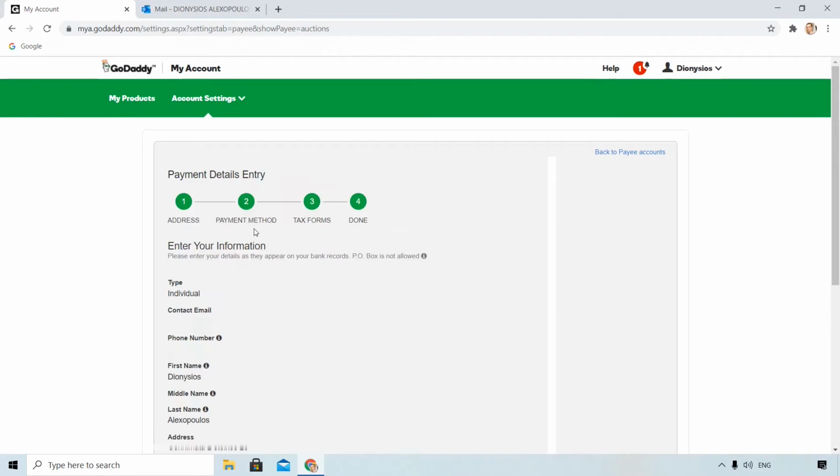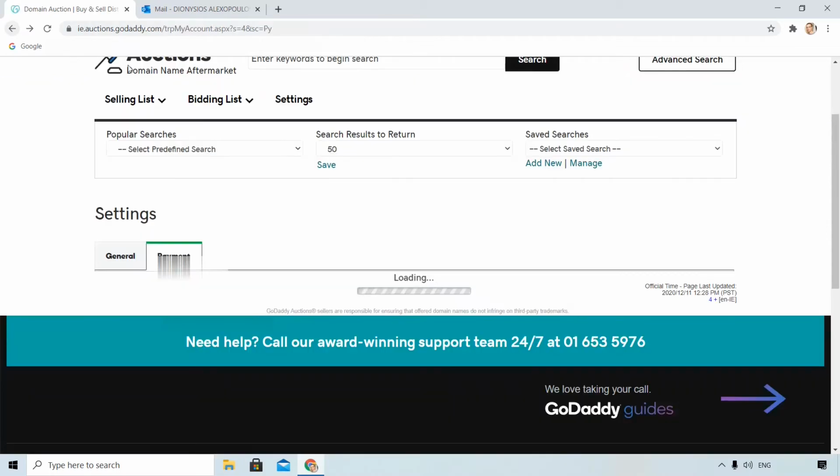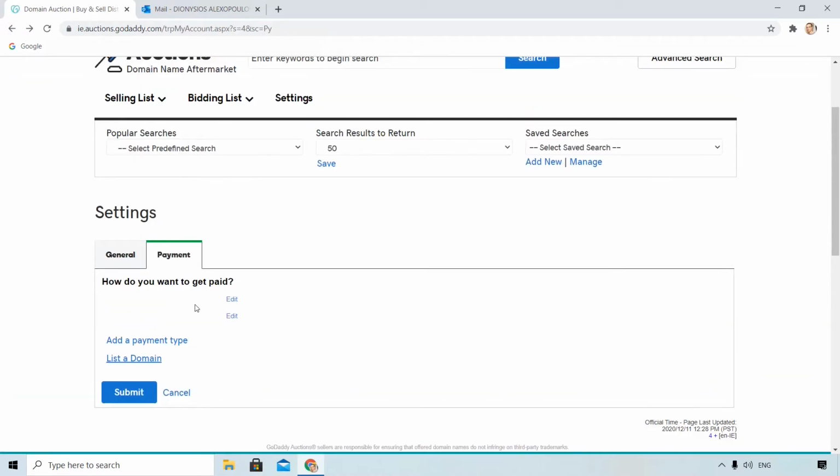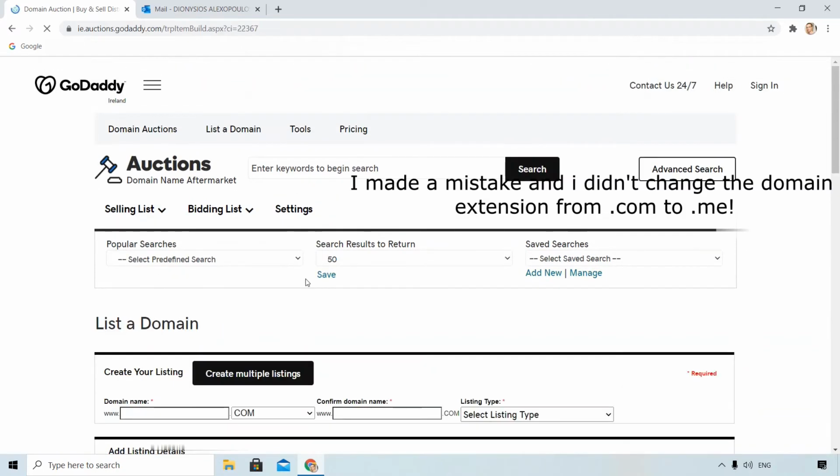Okay, you can see what you need to complete: address, payment method, some tax forms if you are a USA citizen. Let's go back to my auctions, and now that we have some payment type, we want to continue with our listing.